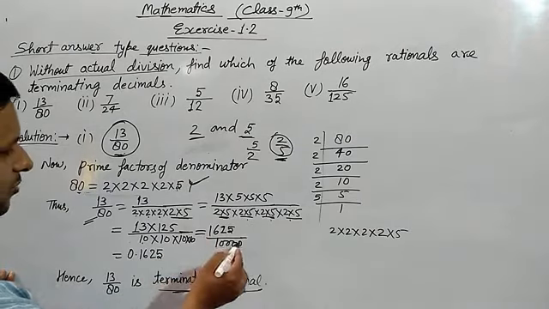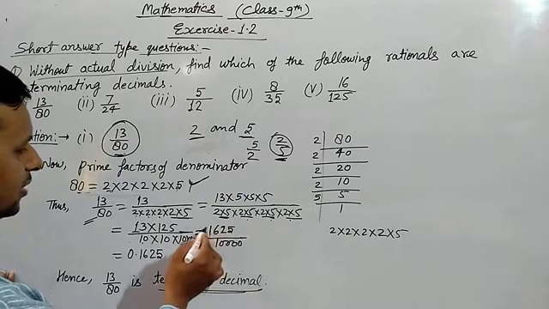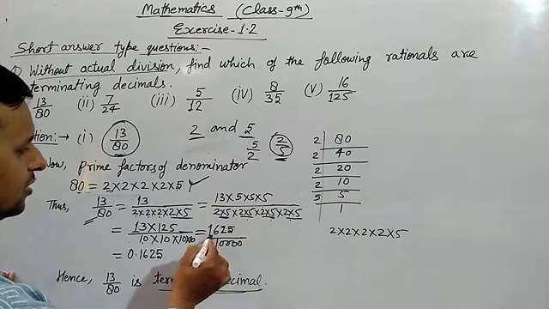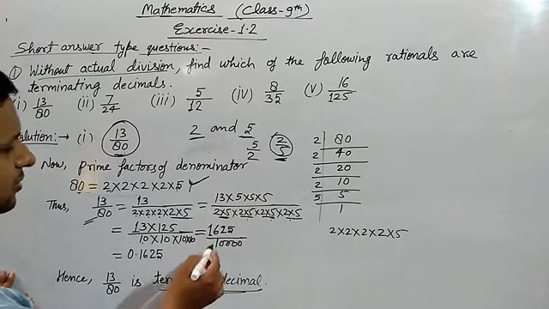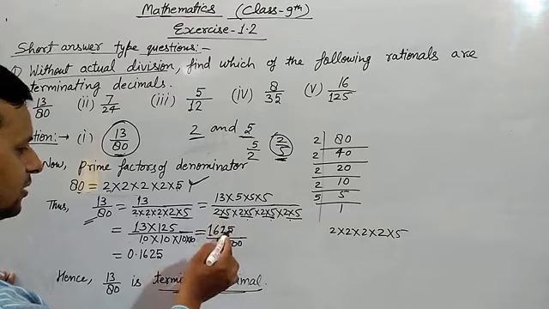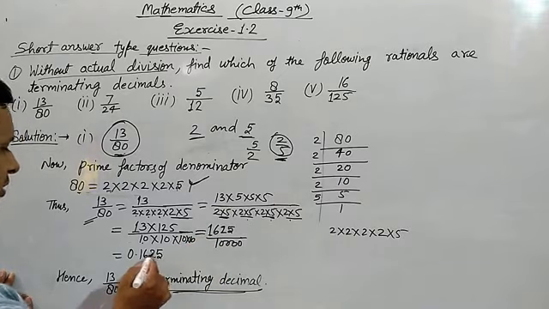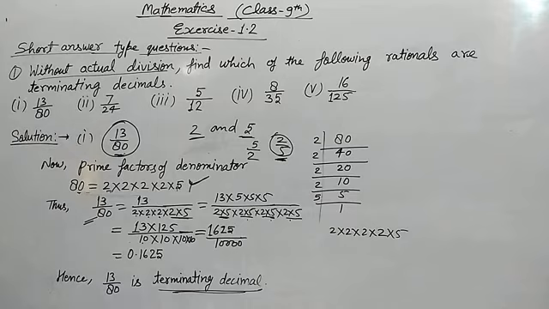Now we solve here 1 2 3 4, 4 times 0 here. We can put the decimal here, as in earlier classes. In earlier classes we could solve here 5 2 6 1, means 1 2 3 4, after 4 digits we can put the point here, same as you can solve it easily here. So hence we can say that 13 upon 80 is a terminating decimal.